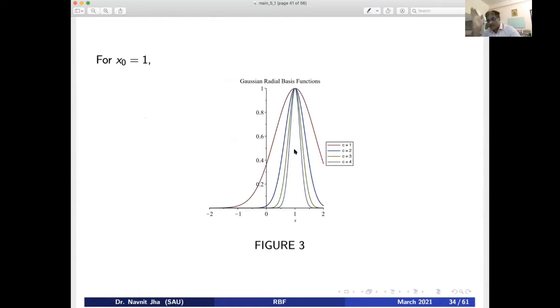The character remains the same, only the left and right movement changes by changing x naught. Because I am telling you, I will take it on the iteration. x naught is basically our x_l, and l will vary from 1 to L. So this graph moves like a sliding window: first between x0, x1, x2, then x1, x2, x3. It moves like this, three points at a time, from left to right.